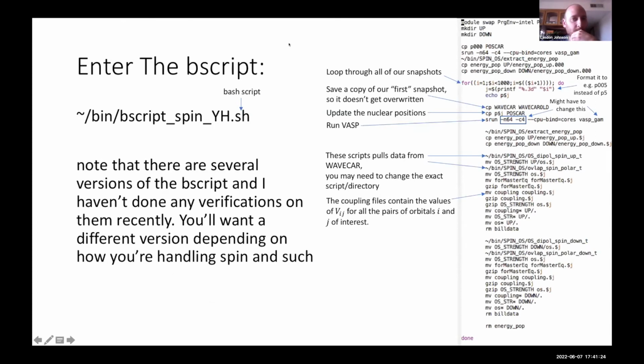So in order to calculate that sort of stuff, that's what we use the B script for. I just pulled the first one that I found. They all generally do the same thing, but they're going to look a little bit different depending on the details of which version of VASP you are using, and whether you are using closed shell or non-collinear spin. So you're going to have to dig around a little bit and find the right B script for what you're trying to do. But the general structure is that you're going to loop through all of your